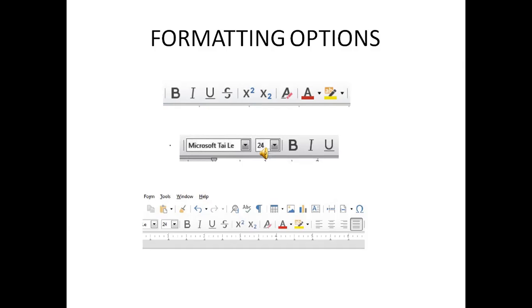Next, font size. The size of the text is also important. The same size of text cannot be used for a legal document and an advertisement material. Click the down arrow in the Size combo box of the Font tab in the Character dialog box. The text changes to the selected font size.